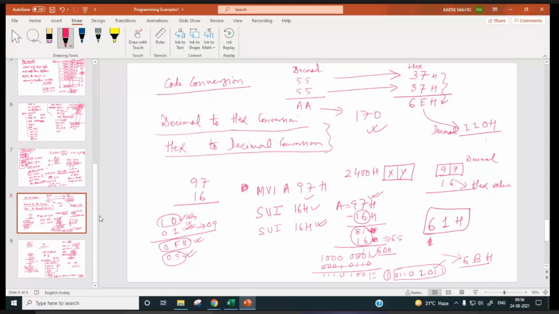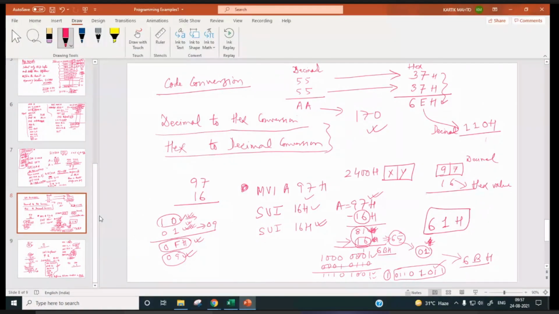Then again you subtract 16 from 81, the remainder will be 65. So this way you go on subtracting. Finally, the remainder will be 01. Right? So before subtracting, you have to check whether the remainder is more than 16 or not. If the remainder is less than 16, then you have to stop the subtraction process. And how many times you have subtracted, that count you have to do.